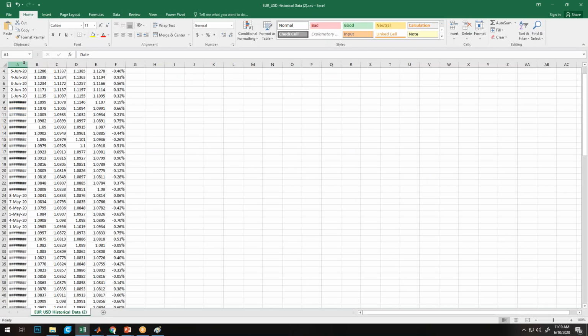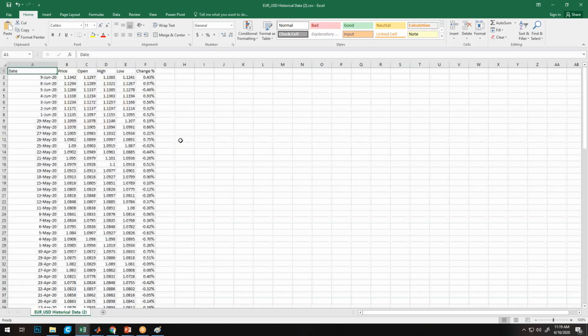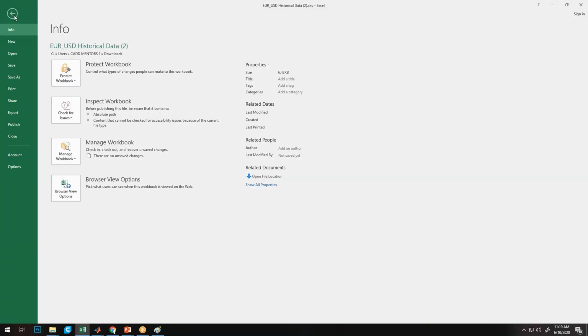Now I'll download it and open it. Yeah, so now we have all the data, and this data I can import. I'll save it in my working directory.